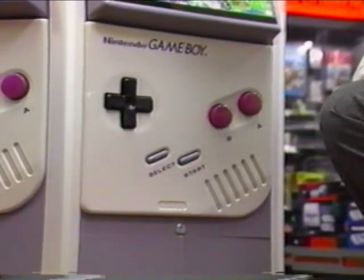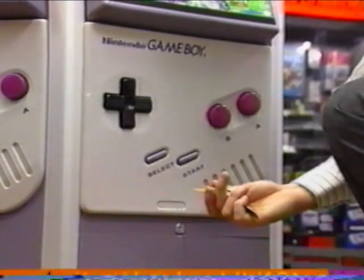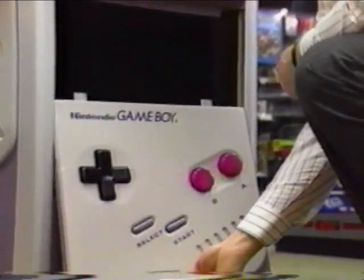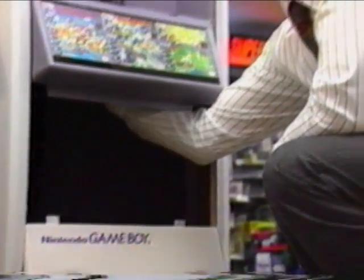To gain access to the electronics inside of the Game Boy dual-wide floor display, utilize your key number MM101, open the door, being very careful not to drop this on your feet. Open the door, reach up inside, and adjust your volume control, or to change the game pack, you will need